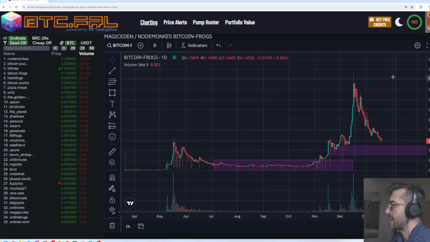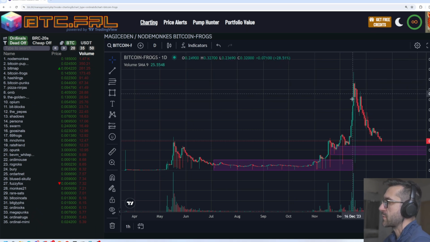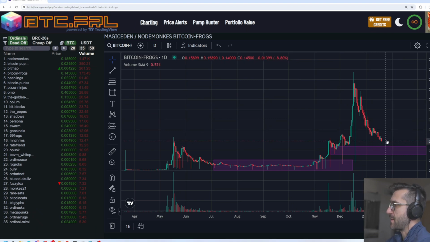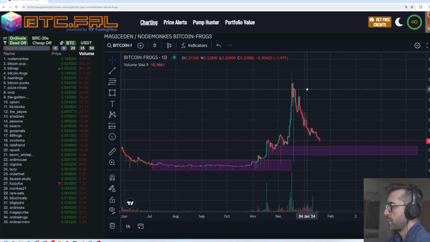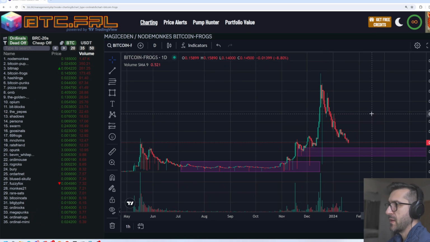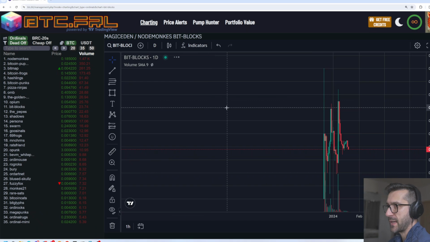I was able to sell somewhere here at the top around 0.46 Bitcoin. I sold a few frogs here, and you can see that now this turned out to be a great move, and this starting to help me do this. And you can do this for all kinds of collections, like for example BitBlocks, which is one that I own, and